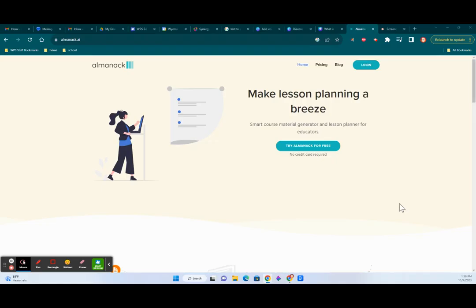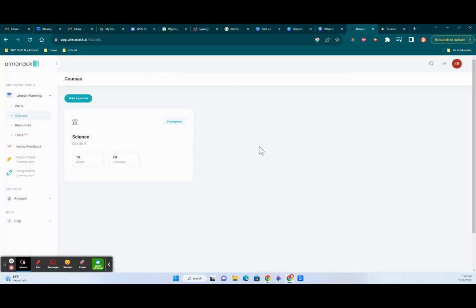This AI resource is called Almanack, and it has quite a bit of functionality. So if you log in, you'll make an account with Google, which I've already done, and you can play around. I added a course that was just fifth grade science. You could add yours, and it'll pull in things for you, or you can just tell it what you want. So we'll look at the resources here,